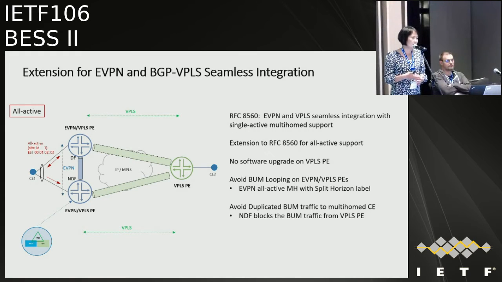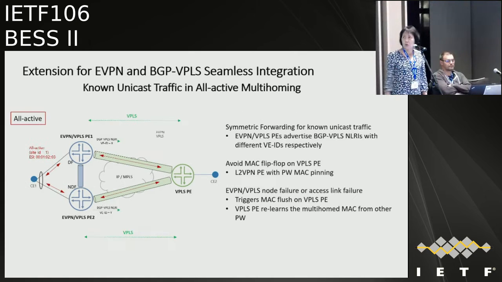The second is duplicated BUM traffic. So this problem is solved over a BUM. So what else is the challenge to run active-active, while the other side is the VPLS, is MAC flip-flopping, because